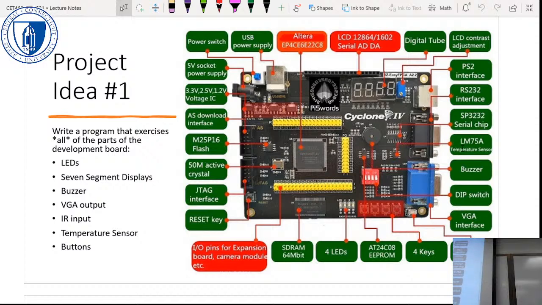The IR input: the boards all come with a little remote control dongle. You could do a lot of the protocol for the IR in there. And then the buttons are also pretty easy. One thing about buttons,